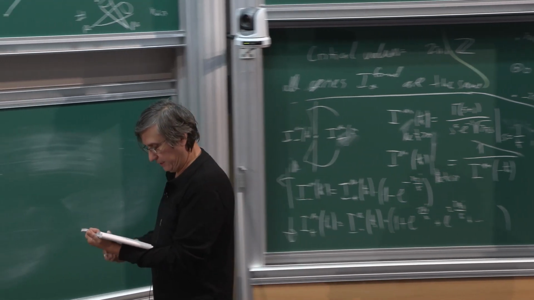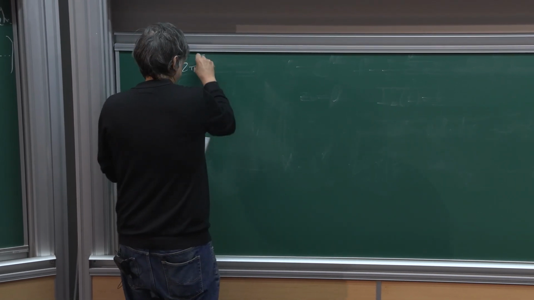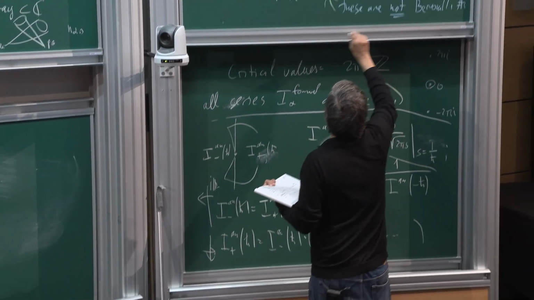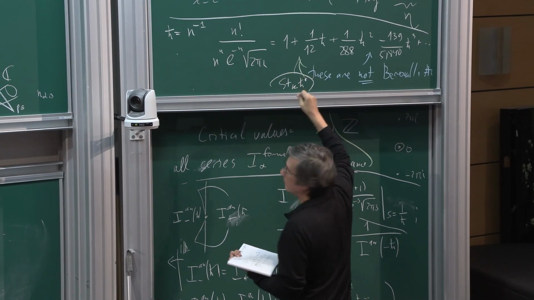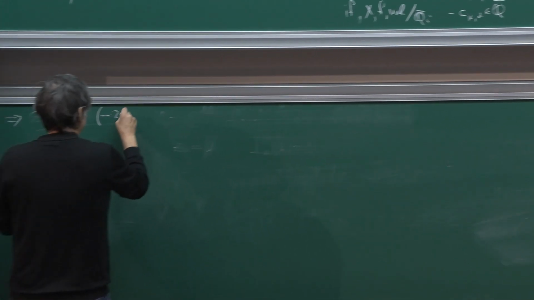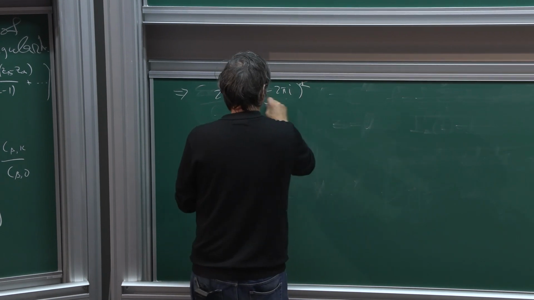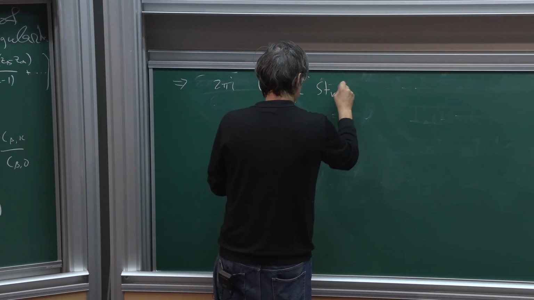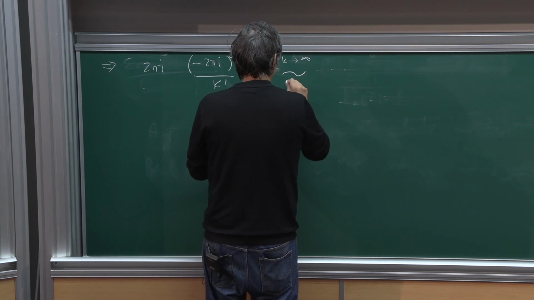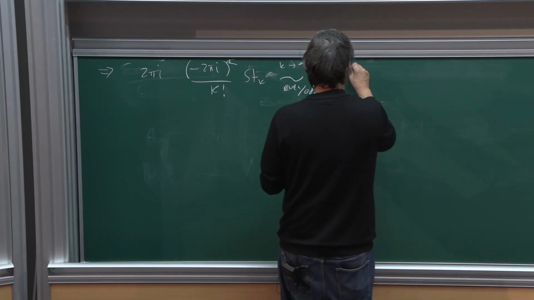So you get two terms, and then one gets the following formula. You get 2 pi. I don't know these coefficients, I don't know, by Stirling numbers. It will be these rational numbers, and the story will be the following. I take minus 2 pi i to the power n, divided by k factorial, Stirling k, which has an asymptotic expansion as k goes to infinity. There are two different asymptotics for even and odd coefficients, and they're given by the following. It will be 1 minus